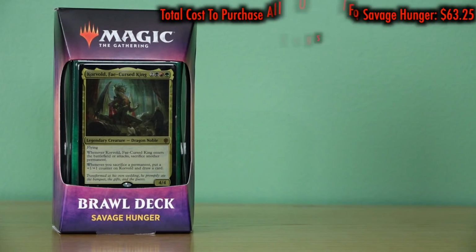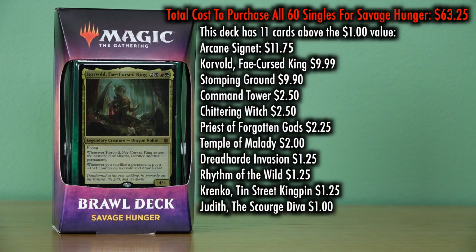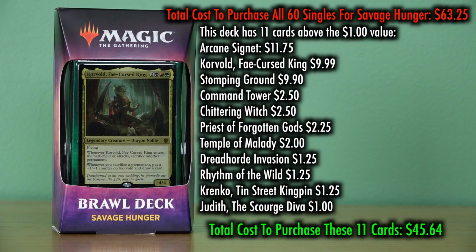Savage Hunter would cost $63.25, where in addition to the Arcane Signet, Corvold, Fey-Cursed King is $9.99, Stomping Ground $9.90, Command Tower $2.50, Chittering Witch $2.50, Priest of Forgotten Gods $2.25, Temple of Malady $2, Dreadhorde Invasion $1.25, which is the same as Rhythm of the Wild and Krenko, Tin Street Kingpin, and finally Judith, the Scourge Diva is $1, and a total value of